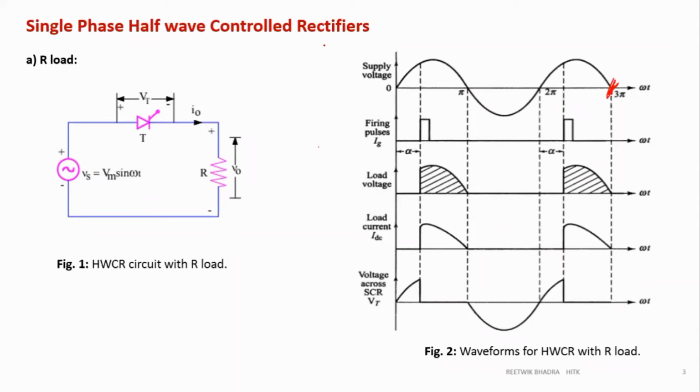Cycloconverter is not this, sorry, AC voltage controller. For your cycloconverter you have to show many cycles. For AC voltage controller and rectifier you have to show up to 3 pi, so that this waveform is shown continuous in nature. See, this waveform is shown continuous in nature. Now, this is a half wave rectifier. You can understand only positive half cycle is being rectified, negative half cycle zero. You already have the knowledge.